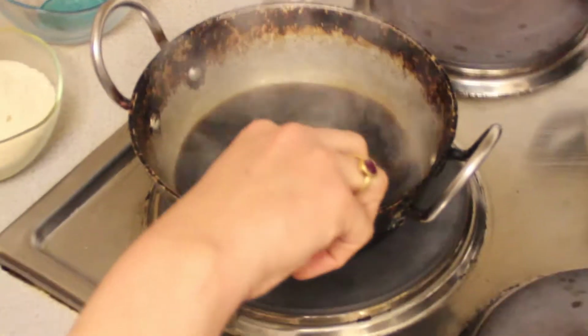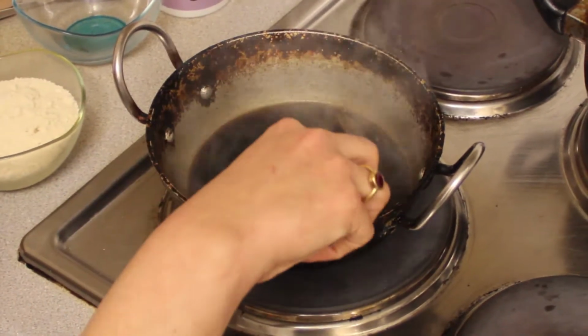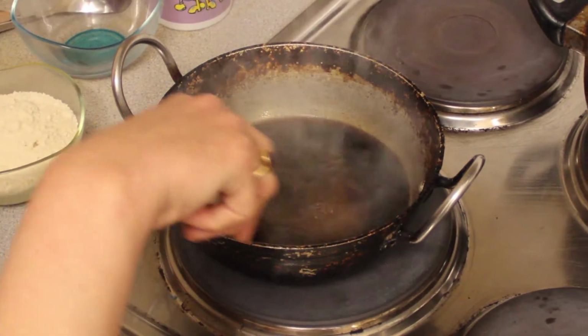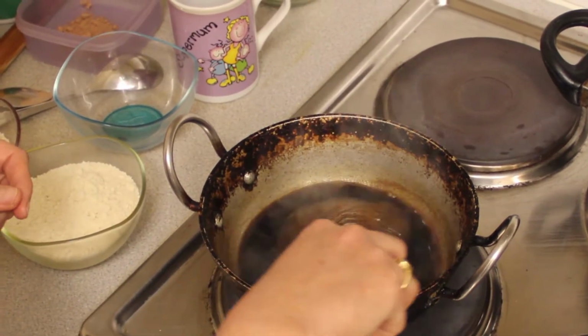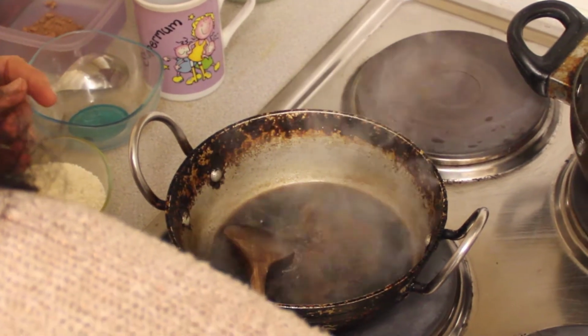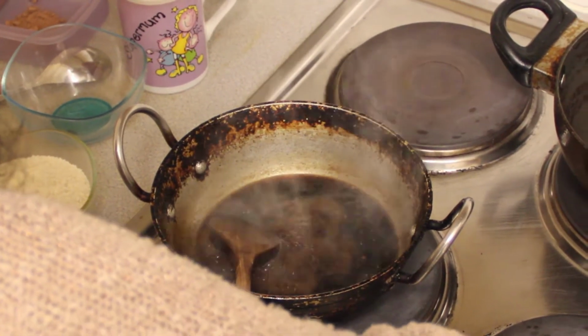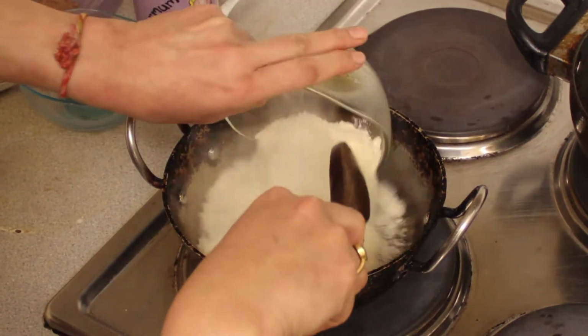We're just going to reduce the heat a little and allow it to boil for another 2 minutes before we combine the cashew nut and the almond powder. Now 2 minutes, we have already heated it for 2 minutes more. We are going to reduce the heat to further simmer, and now I'm going to slowly mix the cashew nut powder